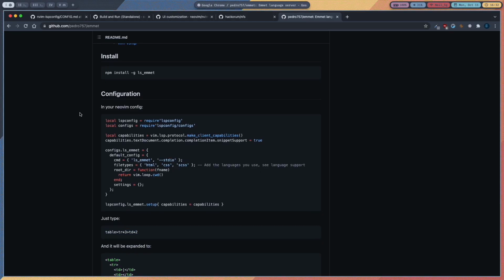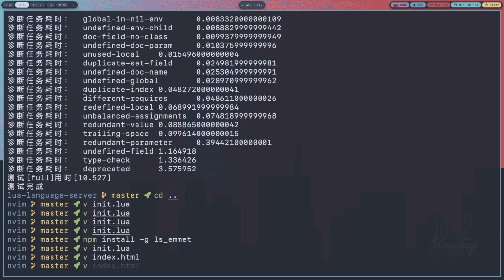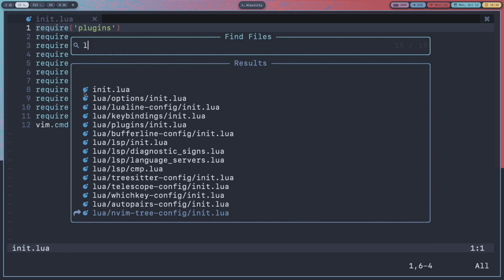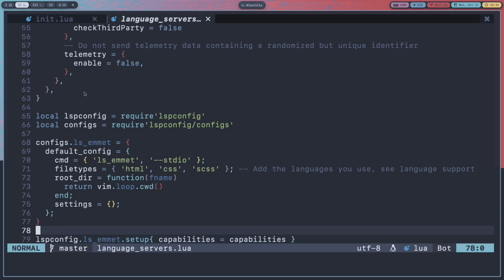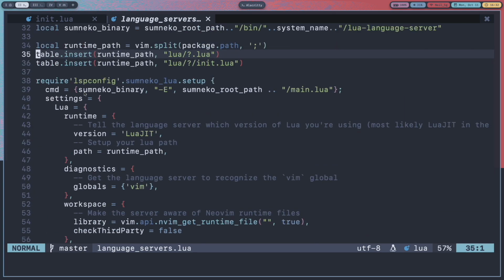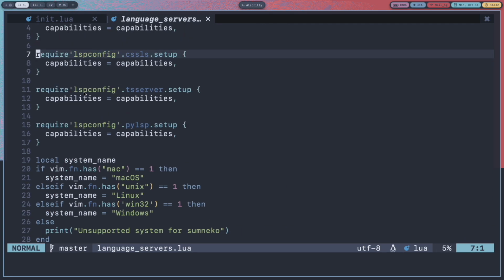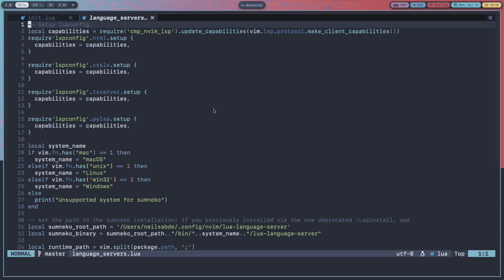And now let's set up a new way to use all of these language servers and add the capabilities option to all of them, because here in our language servers file, it is a lot of code. It is very unnecessary and we can do it in a better way also. To do that, we will first delete all of this stuff here.